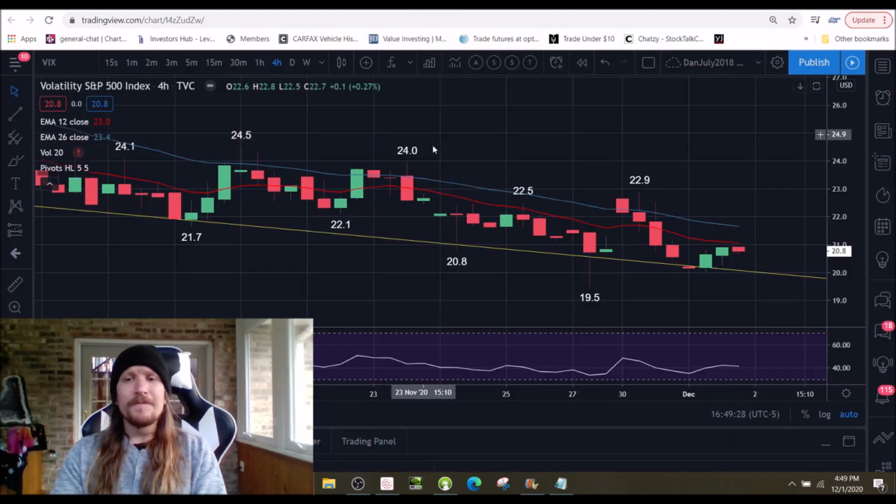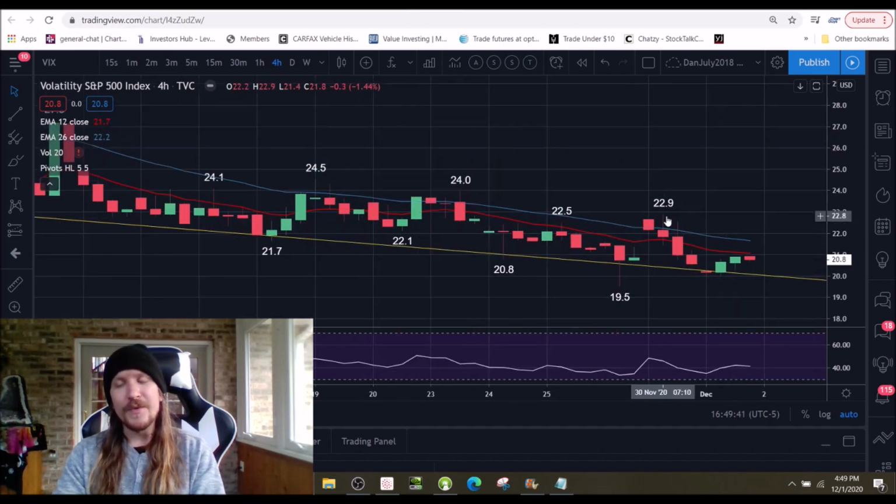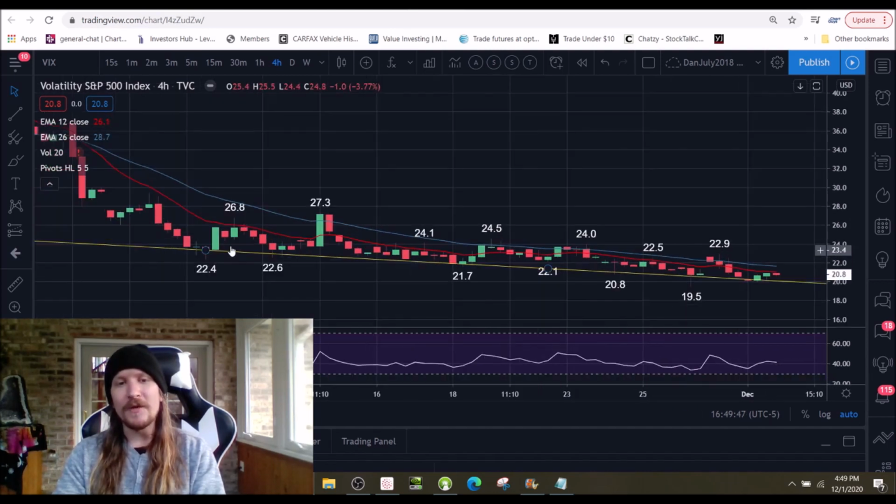The VIX. So the VIX, we got our support line. We got rid of the resistance line because we opened above it and then fell back below it, but this support line is definitely still in play, and here we are bouncing off of it again. 1950 was the low. We held 1950. 2290 is the most important resistance level, and just tightening up at this point, but this downtrend support line still coming into play and still valid